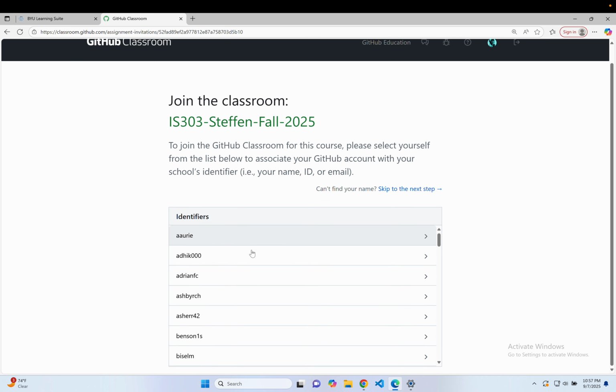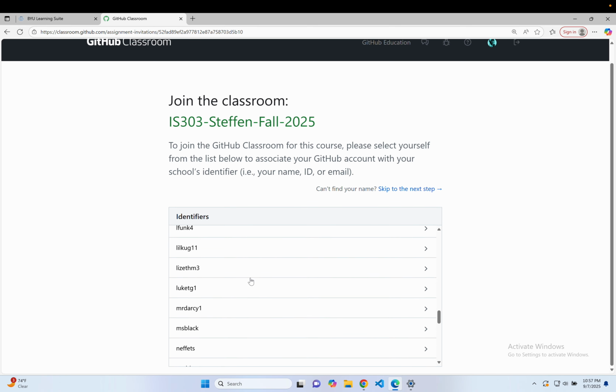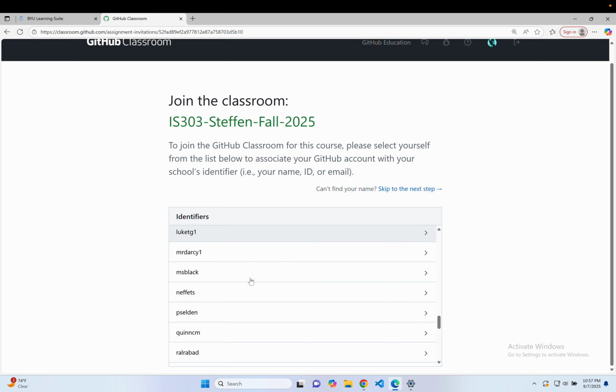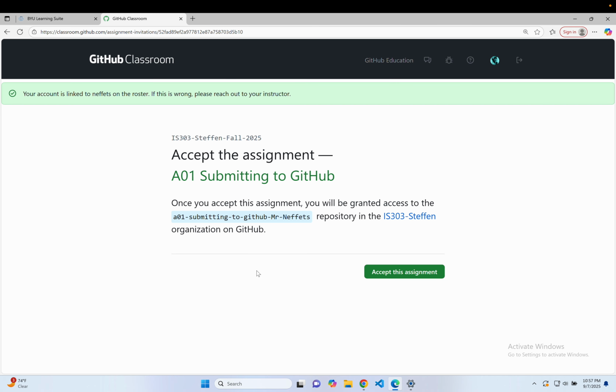And when you do this, what you need to do is find your net ID so that you can associate your GitHub account with your specific net ID. So here I just have a fake student net ID, Nefits. So I'm just going to click that. And then once I do that, it's going to say, hey, do you want to accept this assignment? So this is the assignment that we want to do, this first one. If you click accept this assignment,